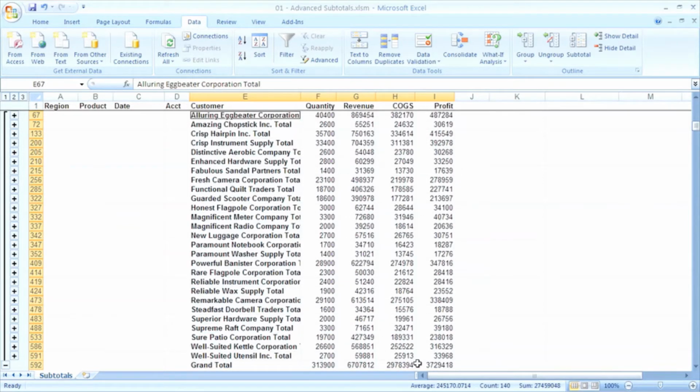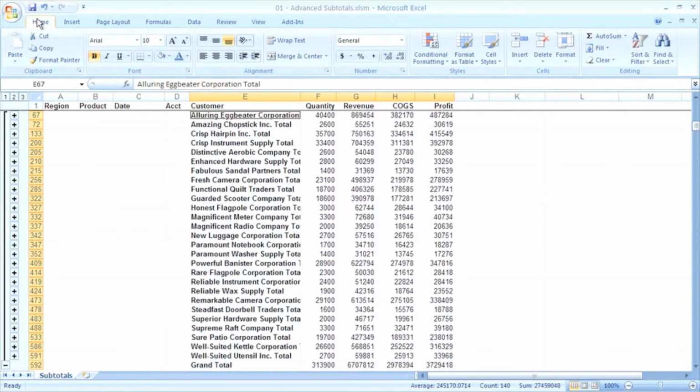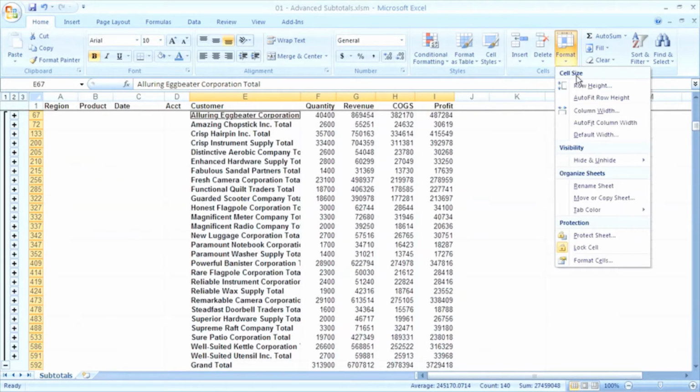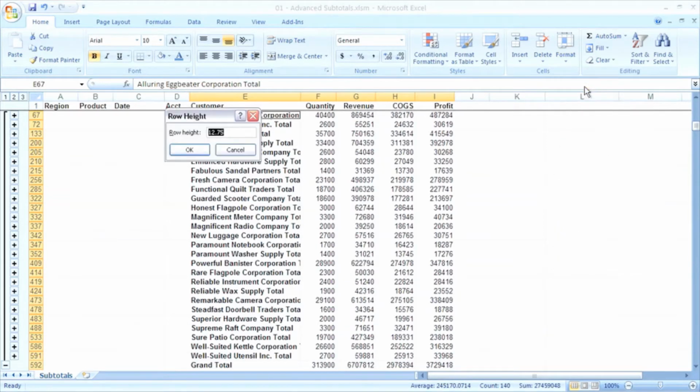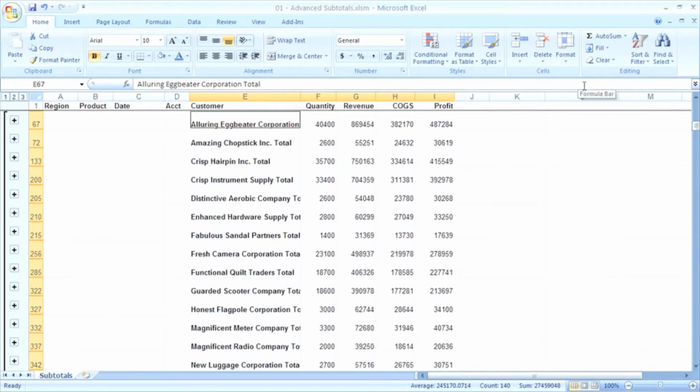I'm going to apply a row height here, and that's located on the Home tab of the ribbon. On the right-hand side, you'll see the Format drop-down, and then choose row height. We start out with a row height of 12.75, and I want to double that to about 25.5. Excel has now made our rows double high, but we still need to do one more thing to complete this